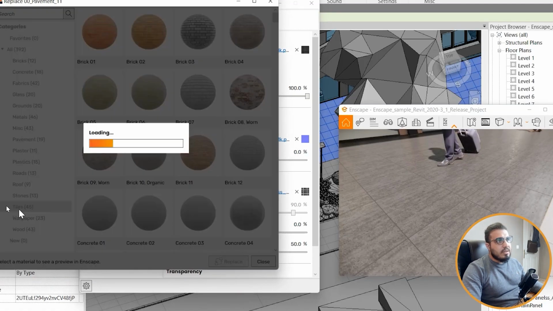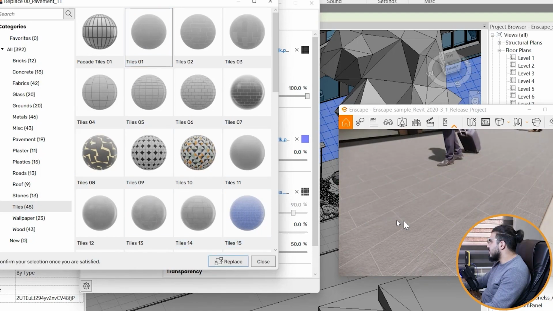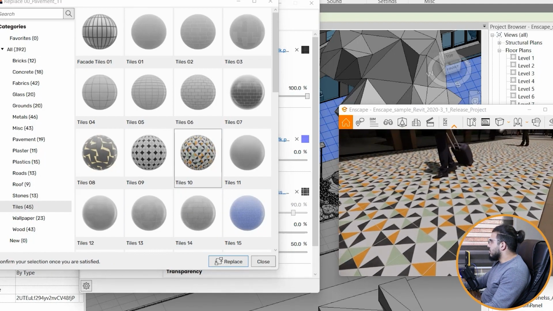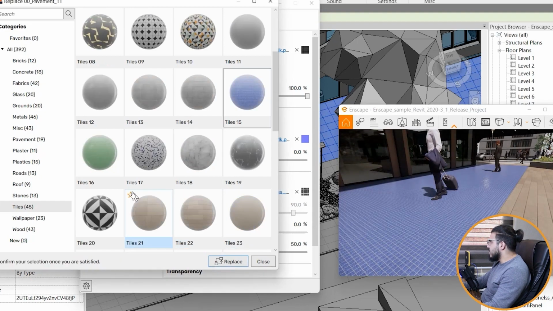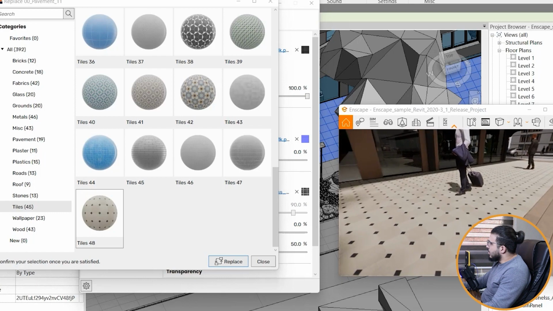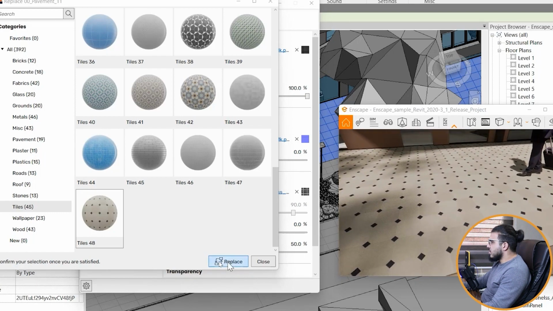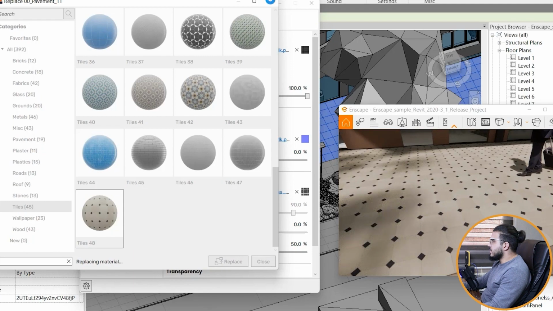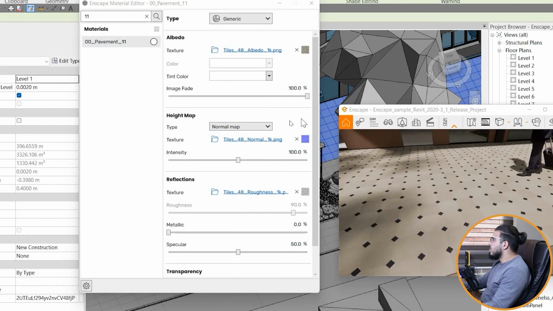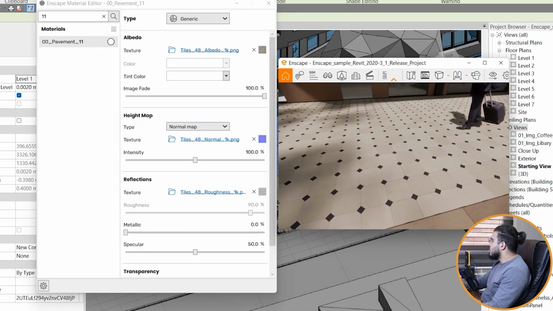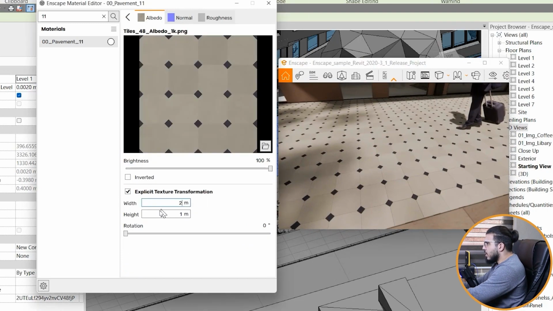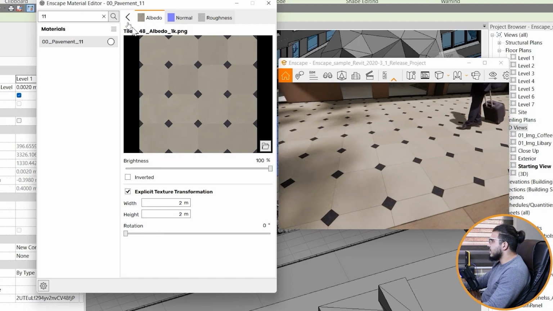And let's go to the tile, and when I select one of them, you can see it will replace it with my material, and you can see the material in real time. Really much easier in comparison with the first way. Now if you're satisfied with the result, you can click on replace, and it will replace this material with the material you've selected before. And let's go to the editor in here, and let's make it, for example, bigger. To make the material bigger, you need to go to the texture, and in here let's put it on maybe 2 by 2, and it will make it bigger.